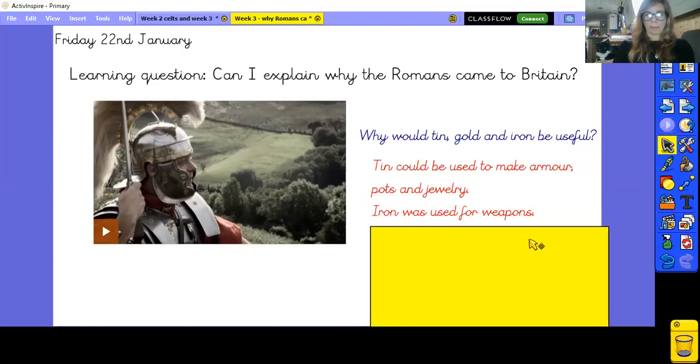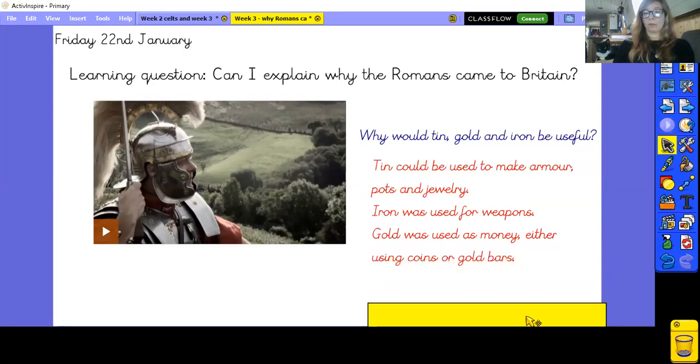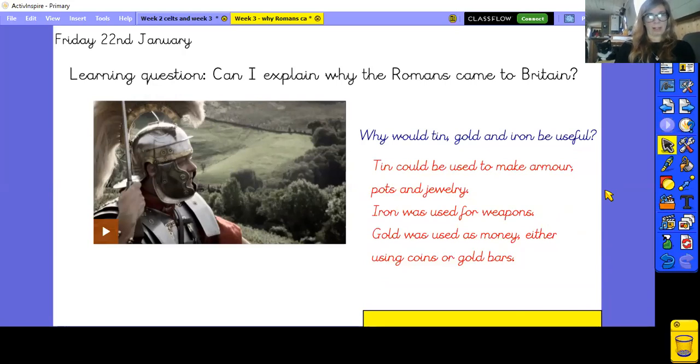Iron was used for weapons. Gold was used as money, either using coins or gold bars. And before the Romans introduced money, we didn't really use money in Britain. We would swap things. You'd trade with each other, do a deal and swap something you had for something that you wanted. So those were the kinds of things that the Romans wanted that Britain had